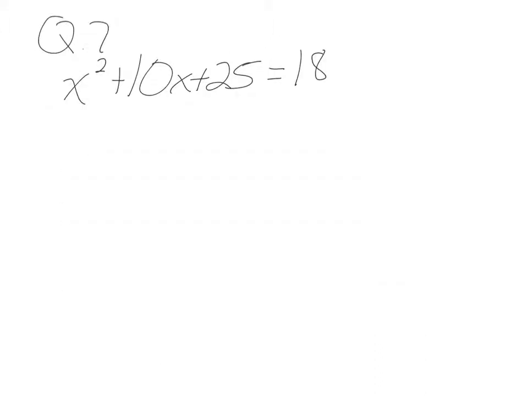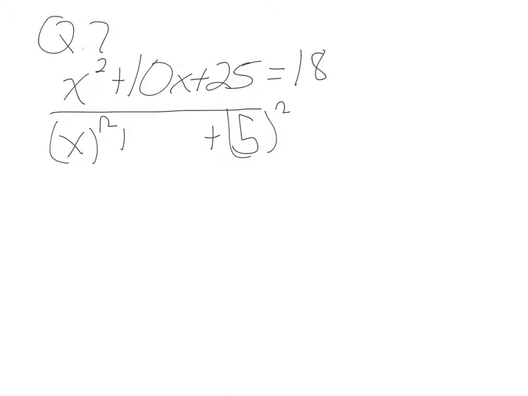For our last question, question 7, we have x squared plus 10x plus 25 equals 18. Here, the trinomial on the left has the form of a perfect square trinomial, where the first term is a perfect square, the last term is also a perfect square, and the middle term is twice the product of the square roots, 2 times 5x. So it follows that pattern, which means it can be written as (x plus 5) quantity squared